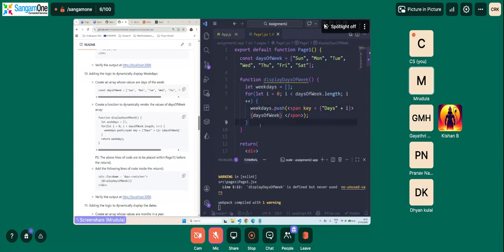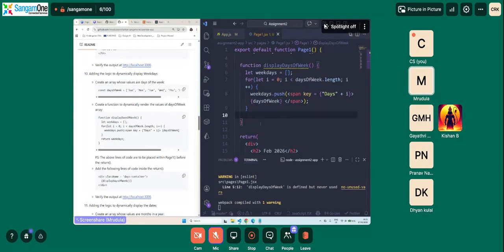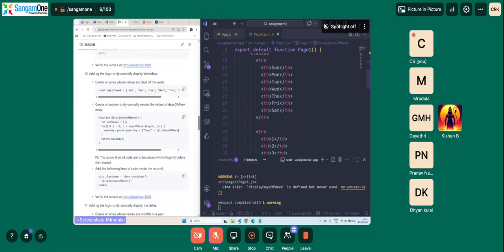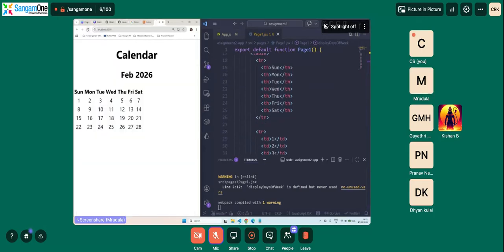We need to display it one by one. Just let us see what it does. Return weekdays. Now what happens? We go here. Nothing is getting displayed. Why? We haven't called it. We need to call a function inside the return to be able to display it. Correct? We cannot just expect it to get displayed.